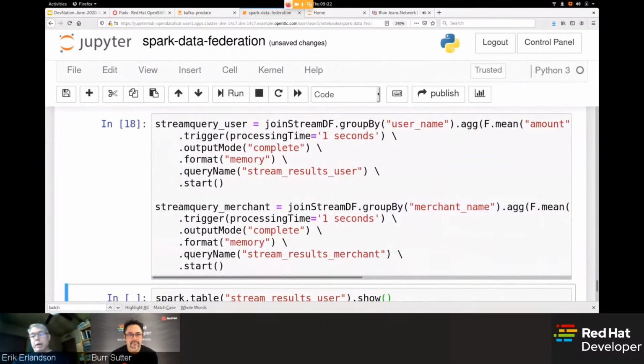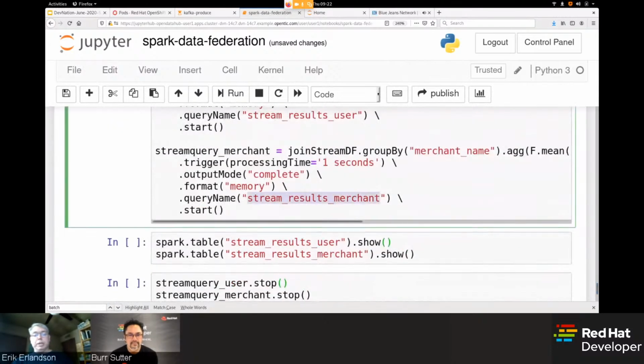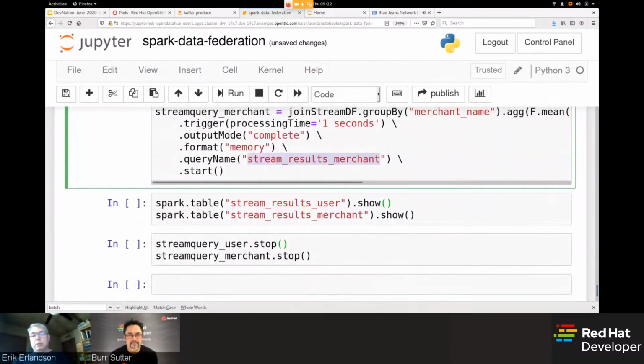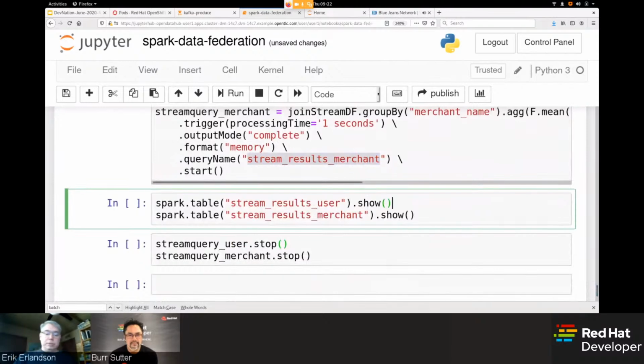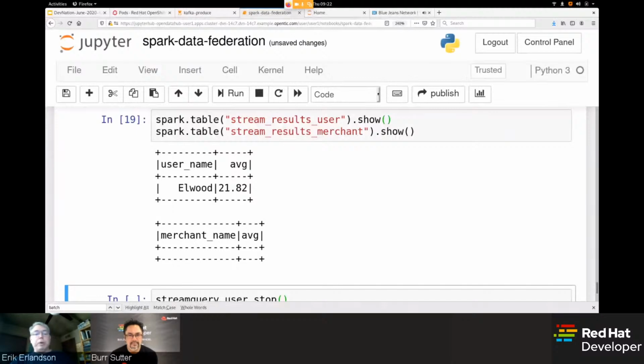and they do not output anything directly, but they are outputting to some tables I gave it. So here, the results for merchant are being output to a table. Typically, you would be accessing this through some kind of other process. I'm doing this in a Jupyter notebook just so you can easily see what's going on. So if I look at those tables, you can see that, first of all, they haven't been well populated yet.